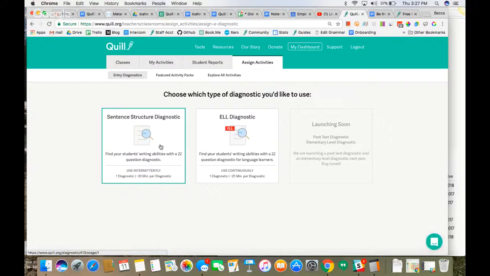There are two types of it. There's the L diagnostic and the sentence structure diagnostic. Now, they're not hugely different. And the reason for that is what Quill tries to do with the diagnostic is target the skills that students need to tackle any complex sentence, right? So no matter what your areas of language need are, there are certain skills that you need to be able